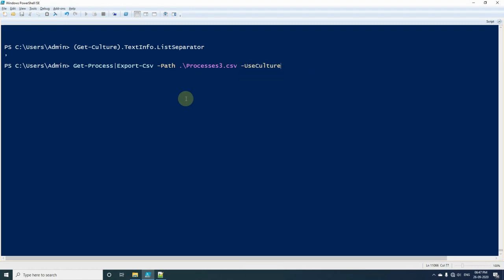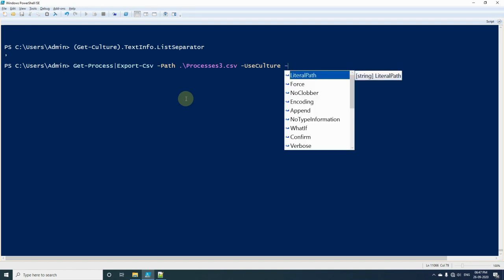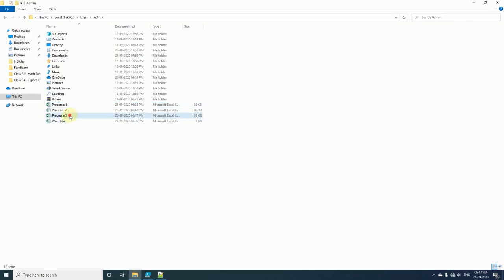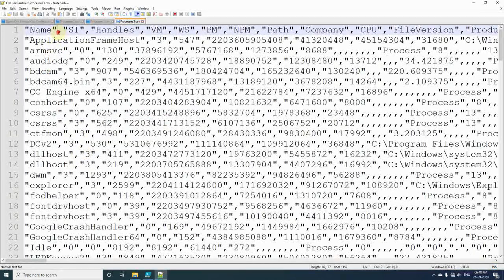Here we will use the parameter called UseCulture, and again NoTypeInformation. Now the third file got generated here, and if I see it in Notepad++, again it is separated by comma. Since comma is the default in the culture, that is the reason we are getting comma here.